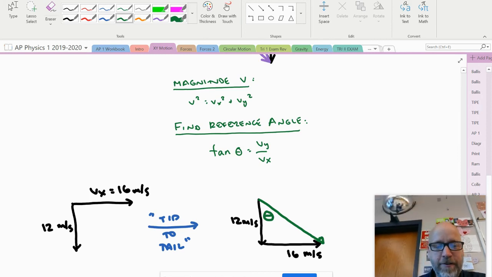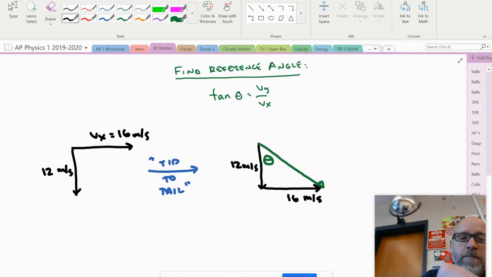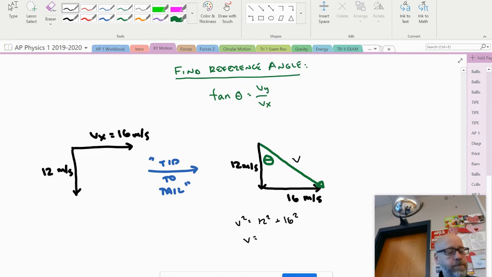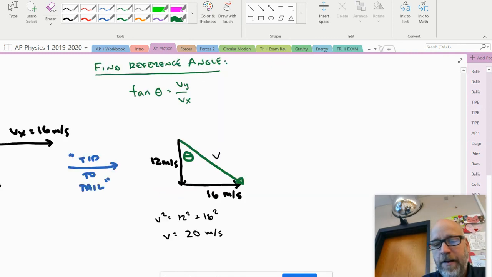Pay attention. Now, to find the magnitude of that, it's going to be v squared equals 12 squared plus 16 squared. I'm going to go ahead and plug that into my calculator, even though I already know the answer, because I'm wicked smart. 20 meters per second. Now, to find the angle,